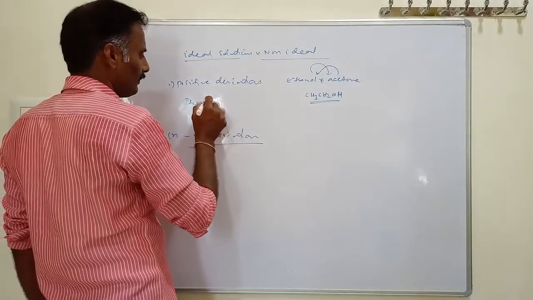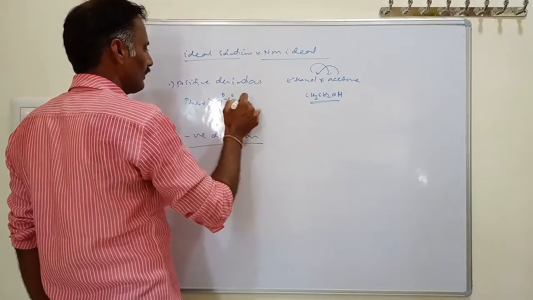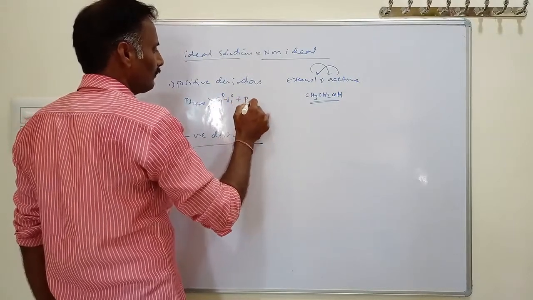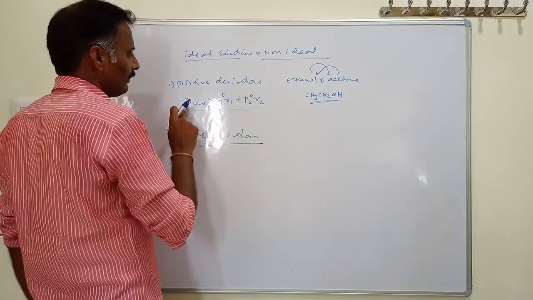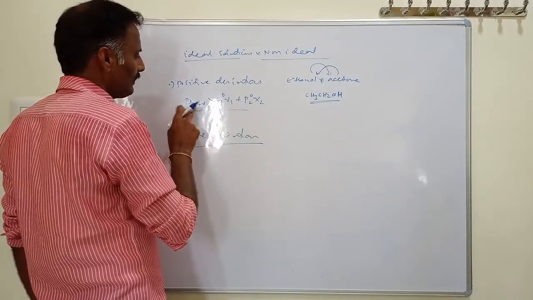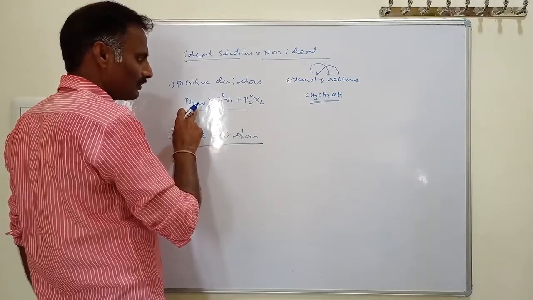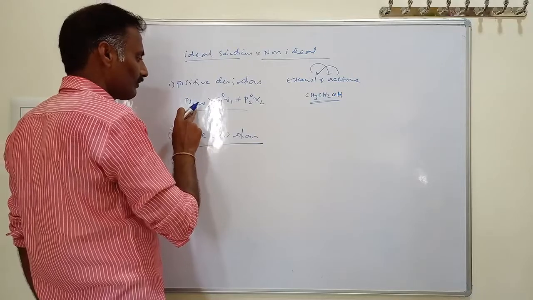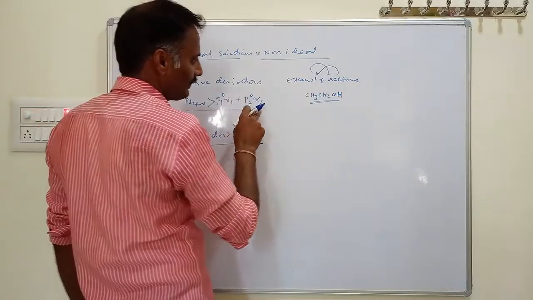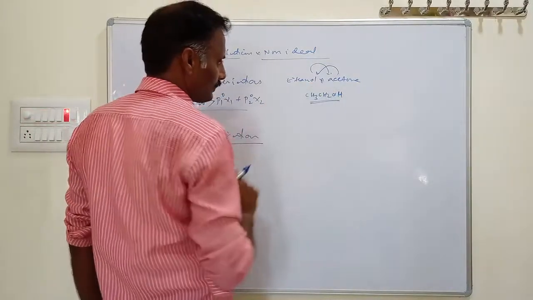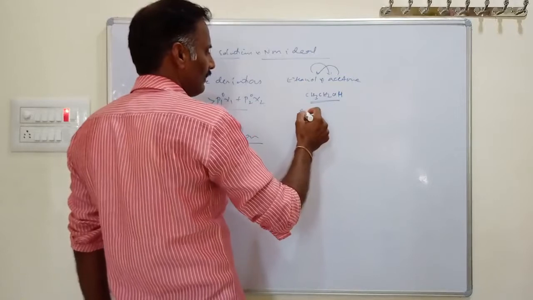That means P total of a solution is more than P1 naught X1 and P2 naught X2. This is called P total, the total pressure of the solution. The total pressure of the solution in the vapor phase is greater than P1 naught X1 plus P2 naught X2 in the case of ethanol and acetone. And why does this happen? In this case,